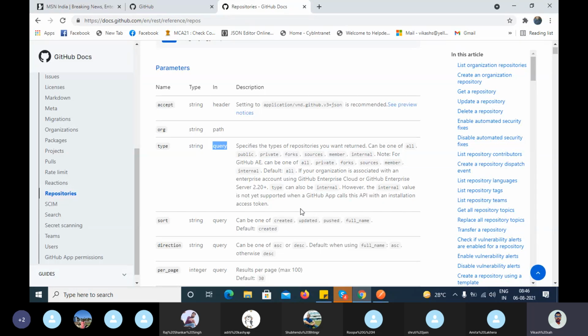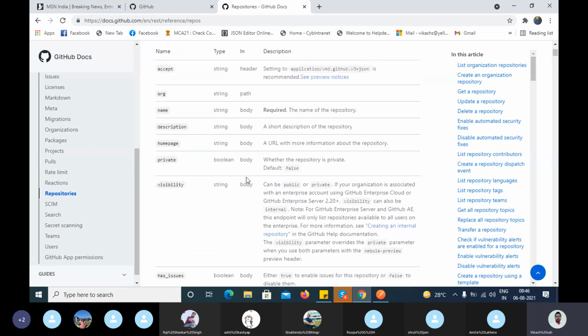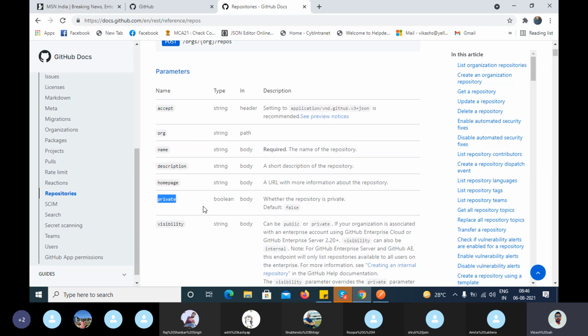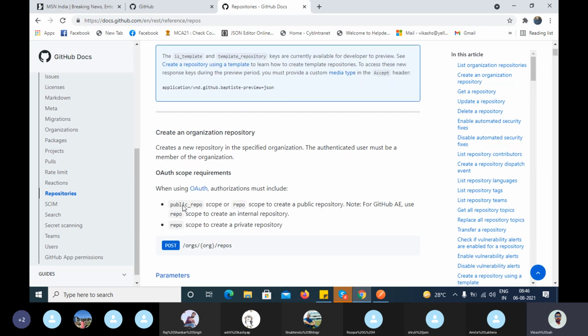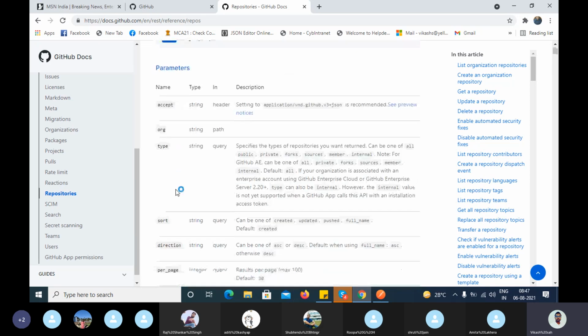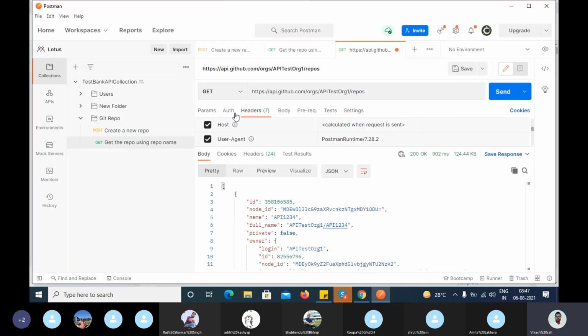Okay, so it is asking about when we are creating the repository, right? I think here you have seen the repository is private. We have one private property, right? So you can pass it when you are creating that repository. You are selecting private as false or private as true. Okay, so you can filter out the data based on that here. So you can pass the type here,